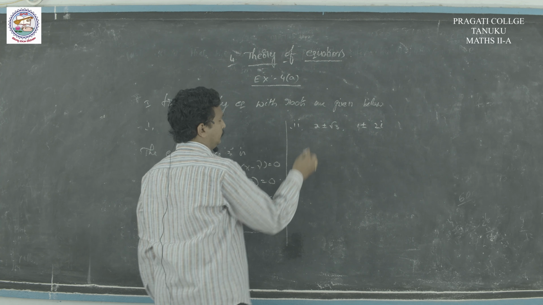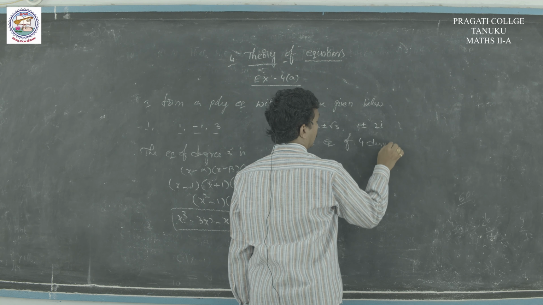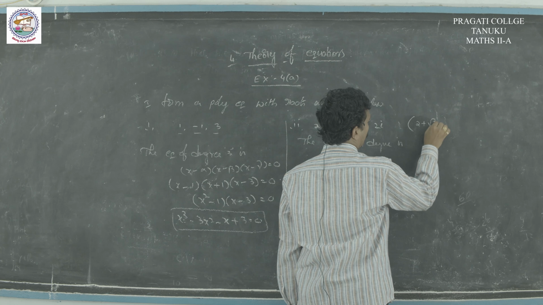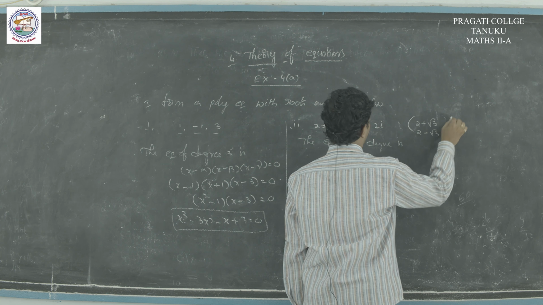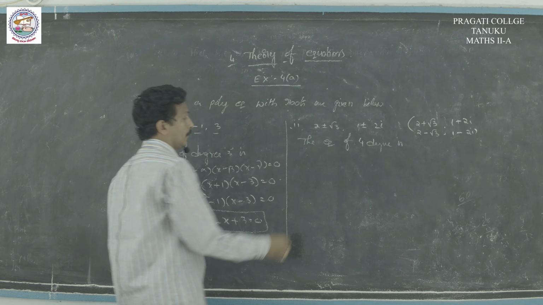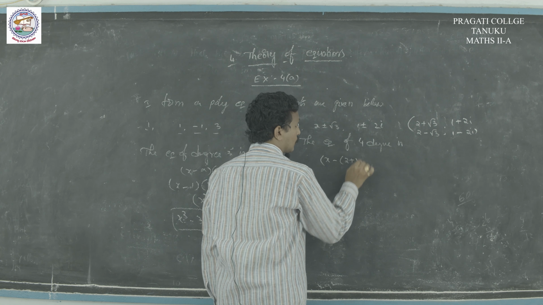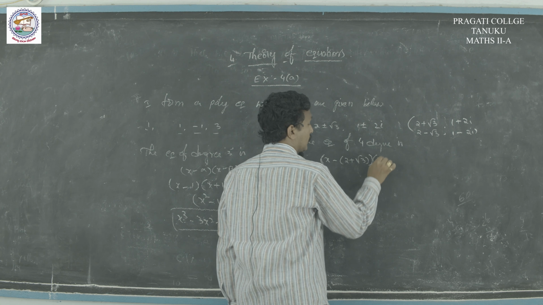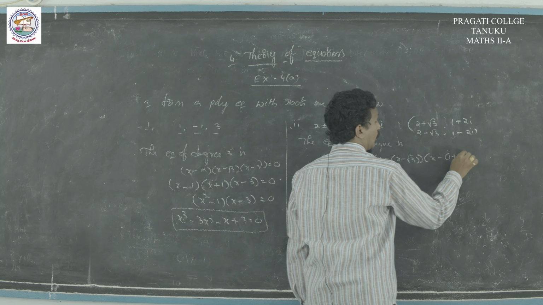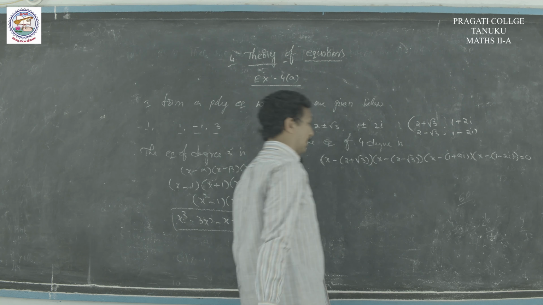And one more problem is the equation of fourth degree. Here we observe that the roots are 2 plus or minus root 3, which can be written as 2 plus root 3 and another root 2 minus root 3, and 1 plus 2i, another root 1 minus 2i. The equation of fourth degree is x minus alpha, where alpha is 2 plus root 3, that is x minus of 2 plus root 3, and another root x minus of 2 minus root 3, x minus of 1 plus 2i, x minus of 1 minus 2i. It is easy to multiply.